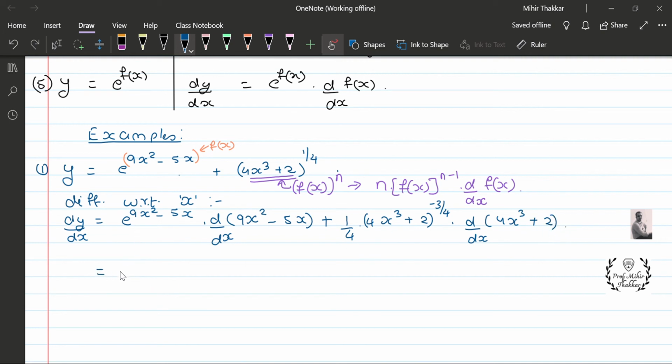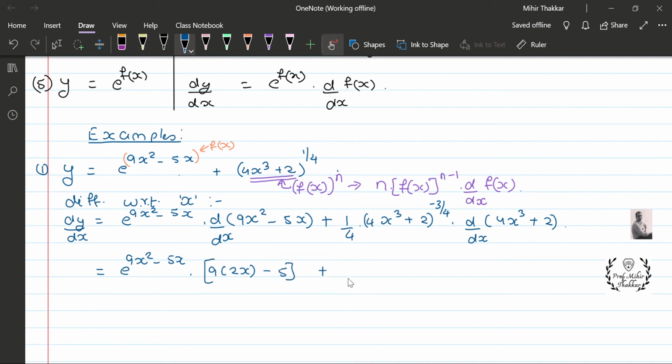So this e raised to 9x square minus 5x remains as it is. Derivative of 9x square, so that is 9 into 2x, minus the derivative of 5x, which is just 5,